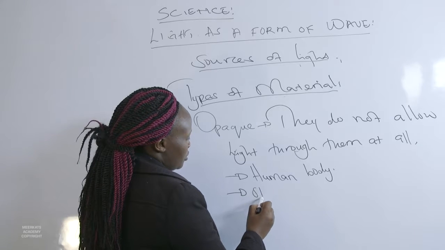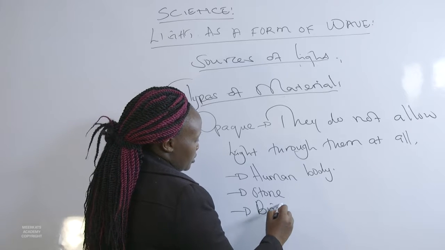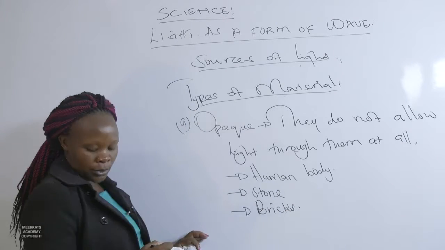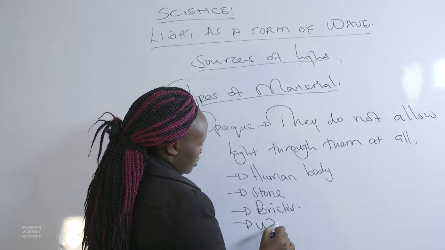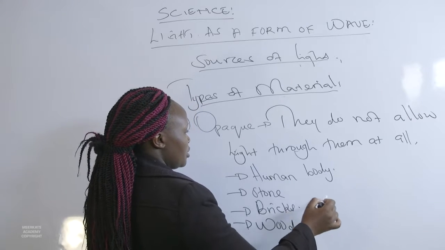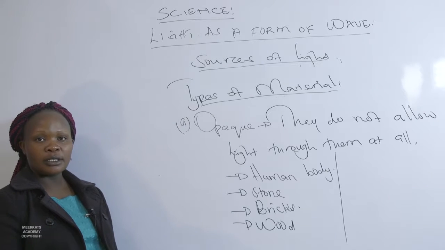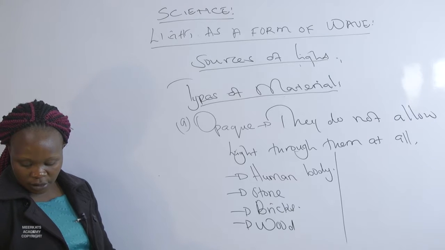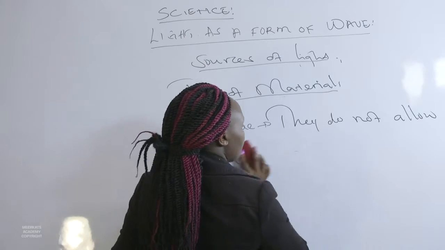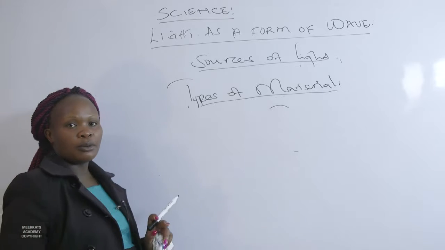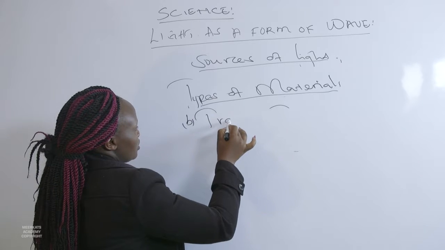You can talk about a stone. You could talk about bricks. You can talk about wood. And the list is endless. You can think about several that cannot allow light to pass through them. There are actually very many. Think about others and add onto the list. That's opaque objects. Number 2, we have what we call translucent